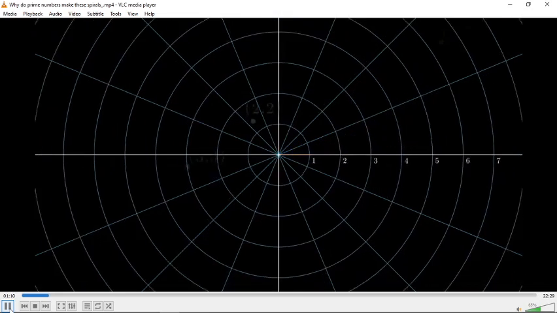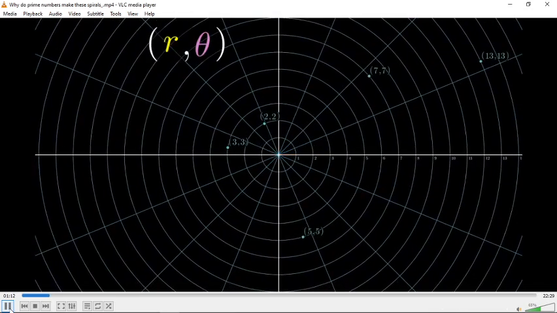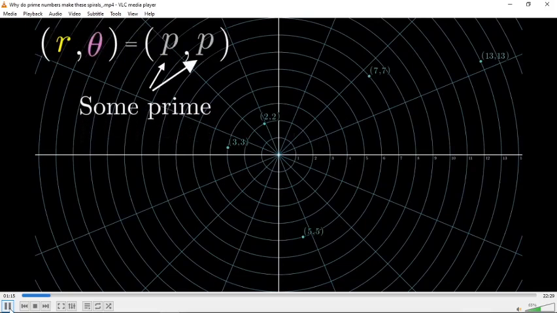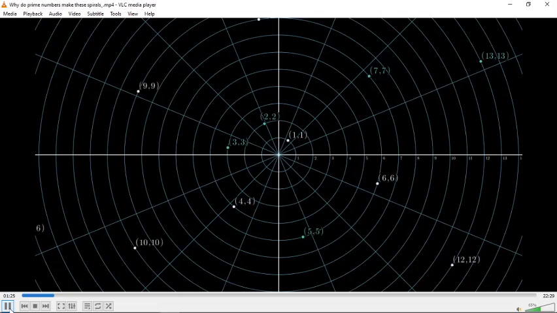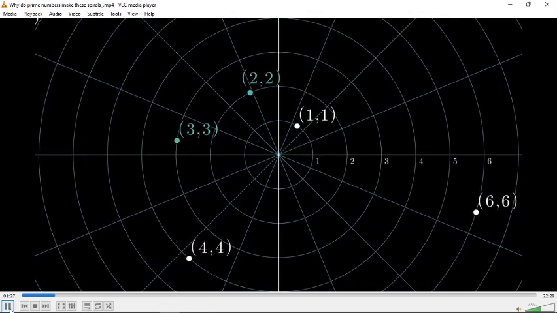The pattern that we'll look at centers around plotting points where both of these coordinates are a given prime number. There is no practical reason to do this. It's purely fun. We're just frolicking around in the playground of data visualization. And to get a sense for what it means, look at all the whole numbers rather than just the primes. The point 1, 1 sits a distance 1 away from the origin with an angle of 1 radian, which actually